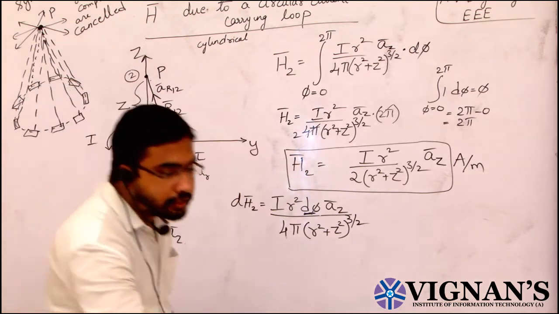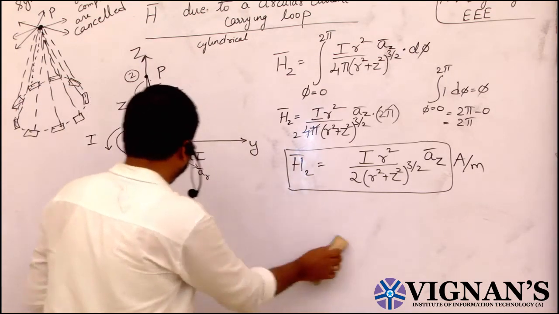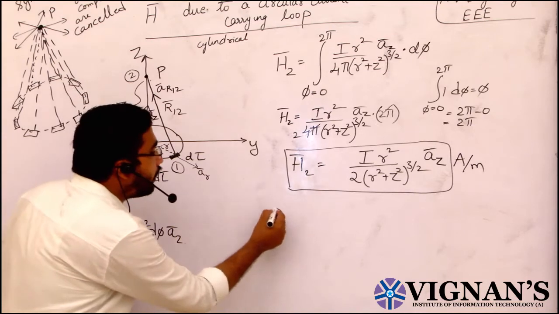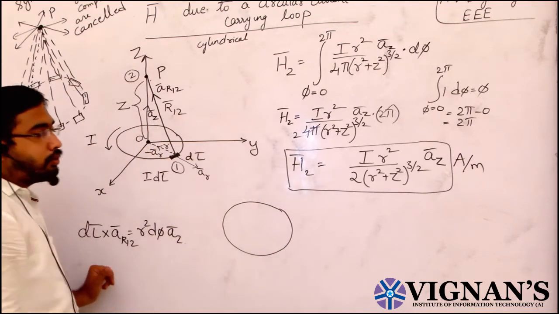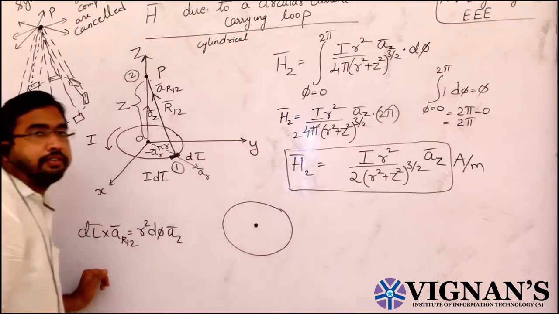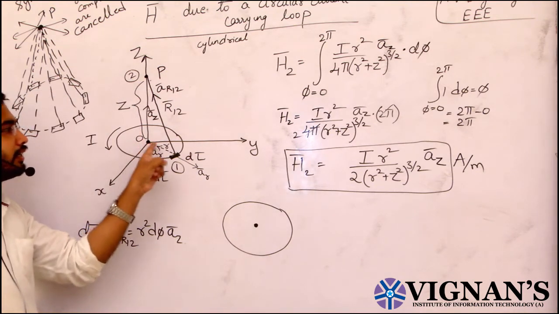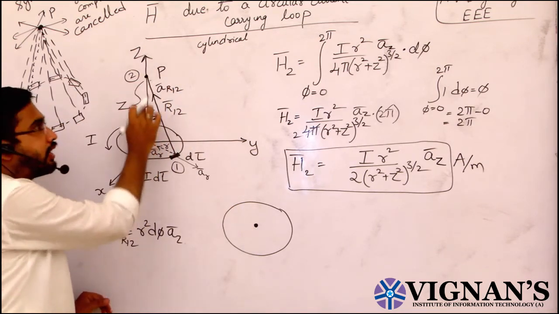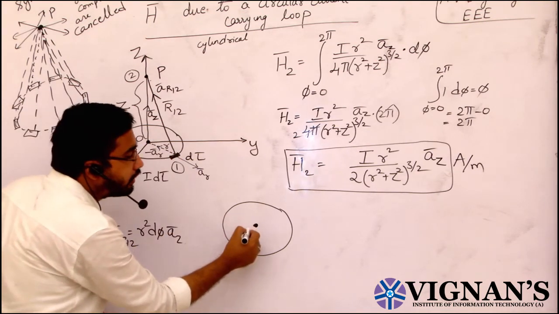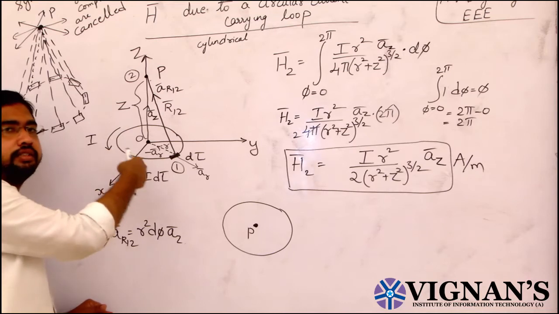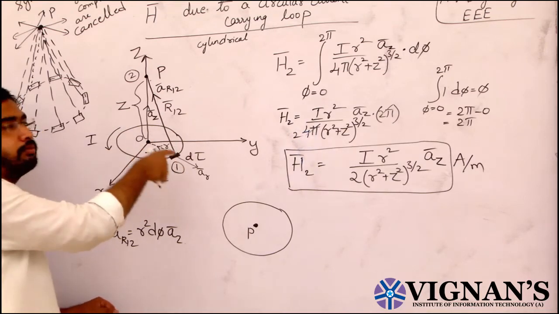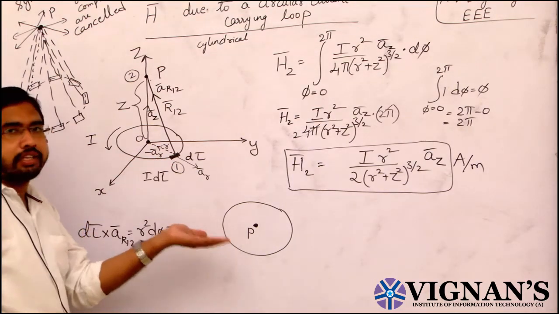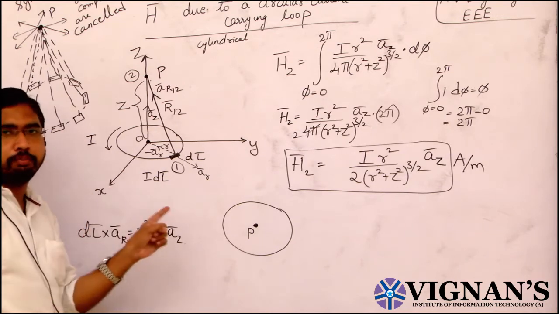Next, our assumption is that, keep this formula like that only, I am considering only a circular current carrying loop. Now I want to find the magnetic field intensity exactly at the center of the circular current carrying loop. That means this point P is shifted to here, exactly at the center. Consider the same expressions, same assumptions also. So here again your circular conductor is placed in the xy plane. Your circle is placed in the xy plane only.